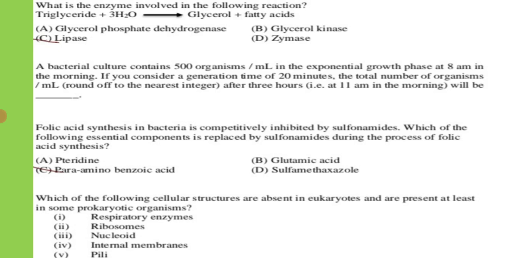Options are glycerol phosphate dehydrogenase, glycerol kinase, lipase and zymase. The answer is lipase. The lipase enzyme breaks down a triglyceride in the presence of a water molecule into glycerol and fatty acids. Option A, glycerol phosphate dehydrogenase: this enzyme catalyzes the reversible redox conversion of dihydroxyacetone phosphate to glycerol 3 phosphate,